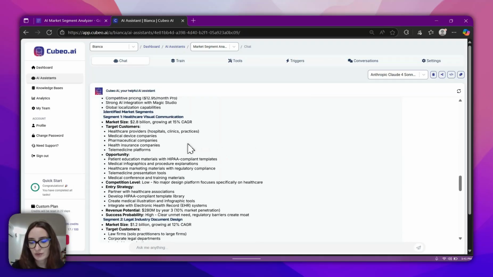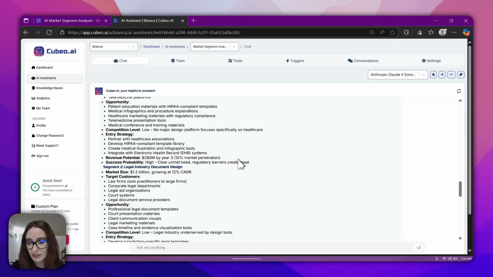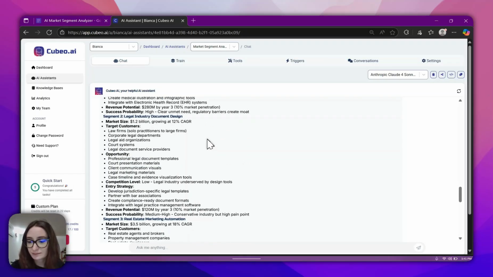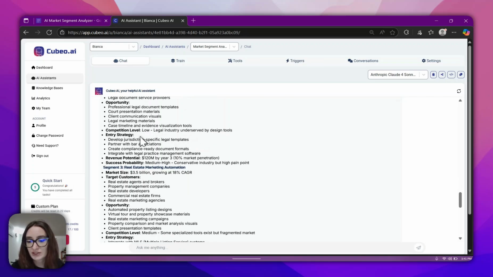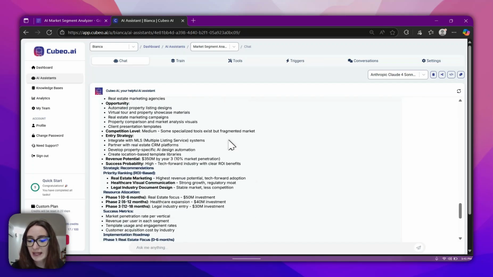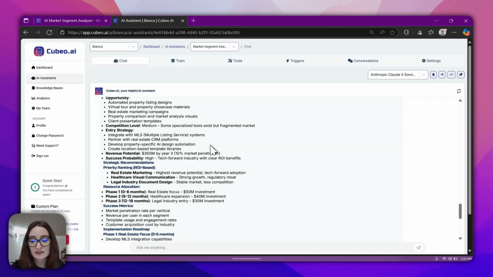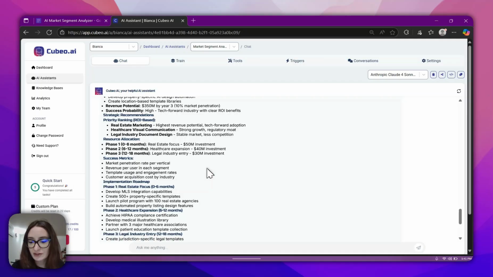And we have the first one. It gathered information about target customers, opportunities, and also the competition level, and of course entry strategy. The other segment, we also have target customers, opportunity, and here the competition level is low. And for the third one, the real estate, other strategic recommendations, research allocation because it's really important, success metrics, and